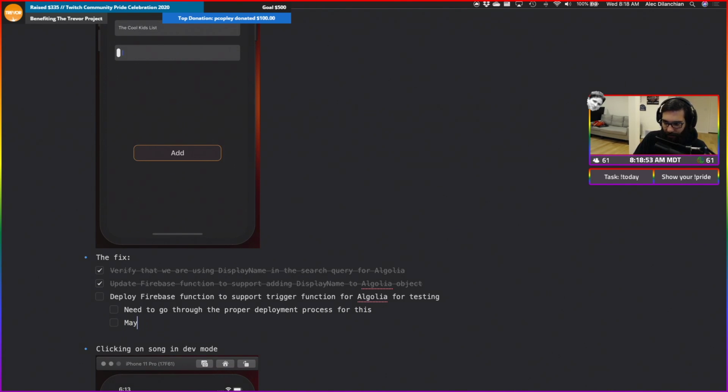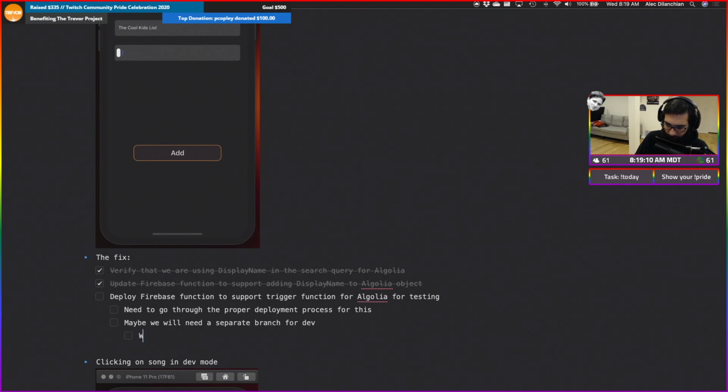So I'm thinking maybe we're going to need a separate branch for dev. And I don't know, we'll need to figure out how this works with pulling packages from GitHub.